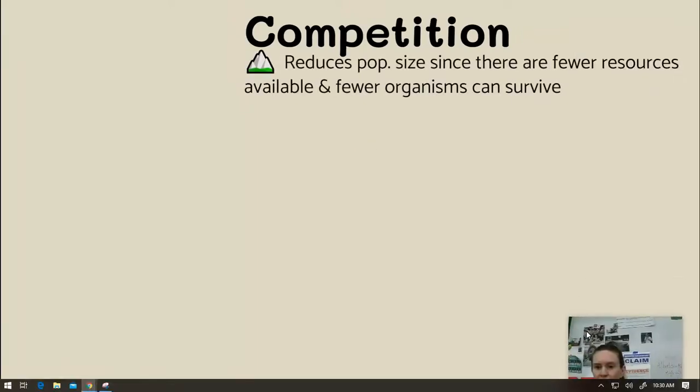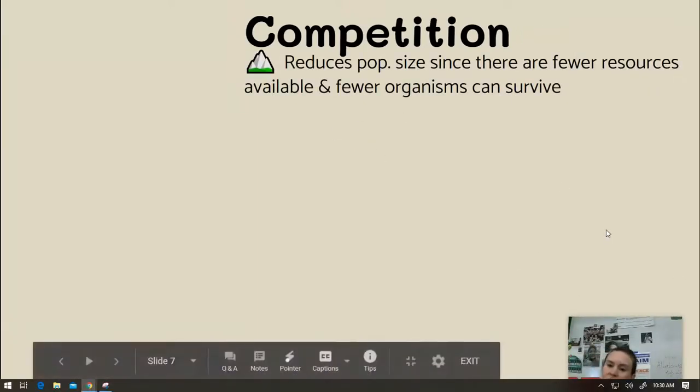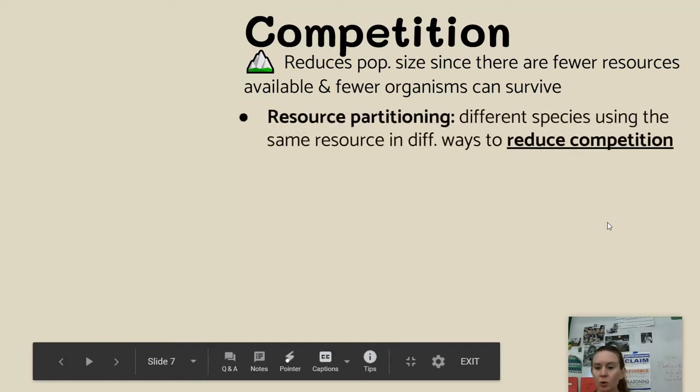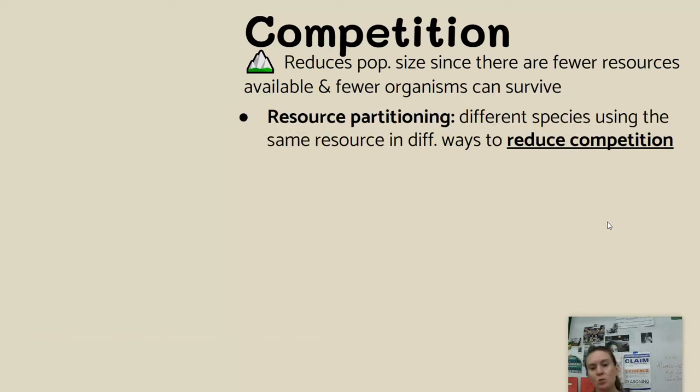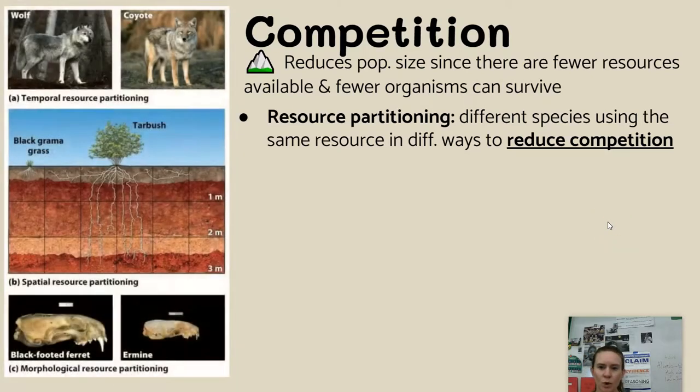Competition, I'll move my face again, reduces population size since there are fewer resources available and fewer organisms can survive. Now, resource partitioning, what is that? That's different species using the same resource in different ways in order to reduce competition. Okay, so